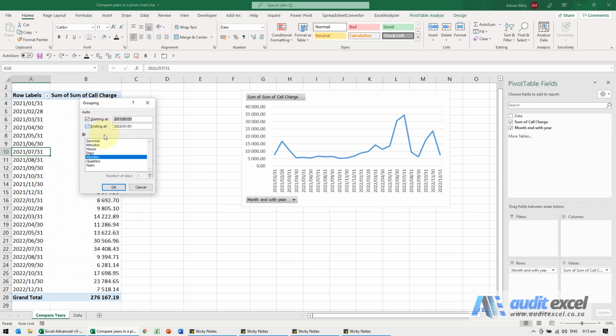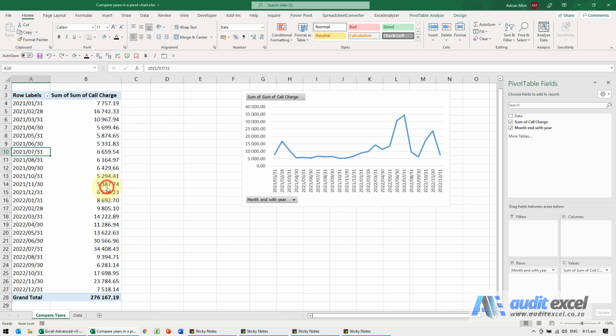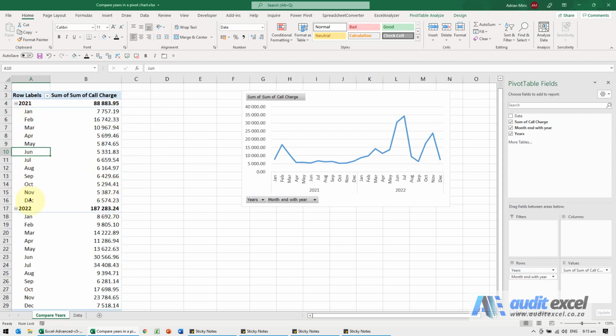And you'll see you've got a whole bunch of options. So we could do quarters, but I'm going to leave the months on and click on years. And when I say OK, firstly the pivot table looks like that. Just notice a new field has appeared called years, and it's also appearing here. So even this looks a bit better.